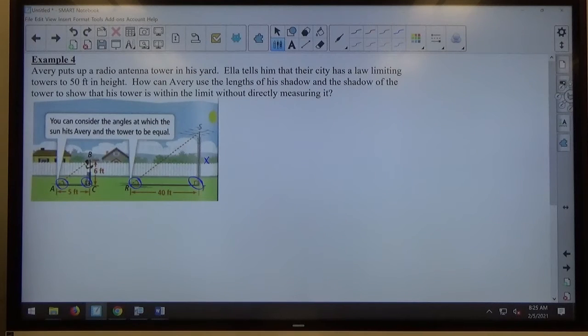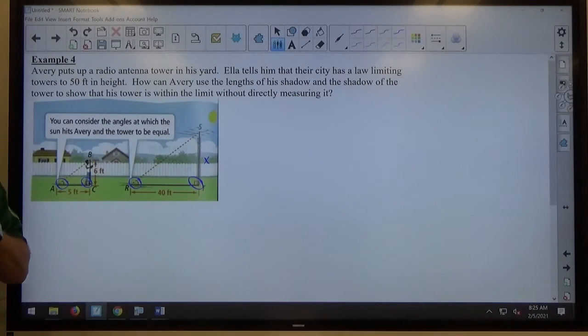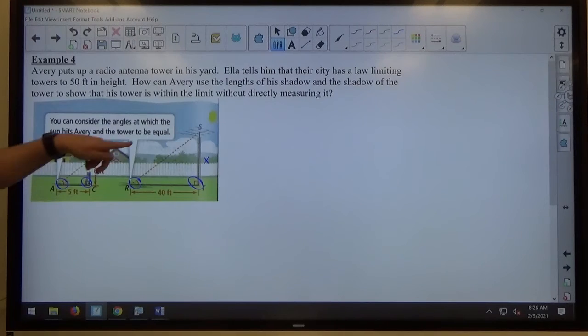He stands perfectly straight up. You know, if he's leaning one way or the other, then it's not going to count. So he's perfectly straight up. We'll assume he got his tower perfectly straight up too. He's using tools and stuff to make sure it's going straight up. It's not leaning. A leaning tower of whatever that is. So angle-angle similarity happens here,